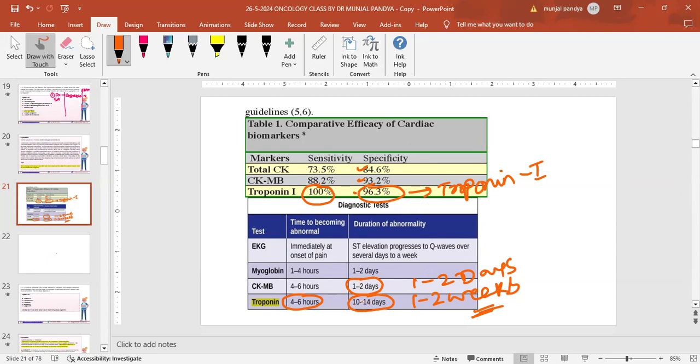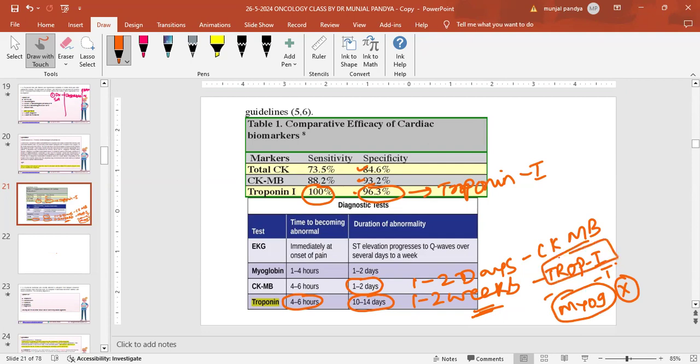You will probably forget the 10, 14 and all. So 1 to 2 days CKMB, creatine kinase, muscle and brain. This is how the full form goes. This is troponin I, protein in the muscle of the heart. Troponin T is also there, myoglobin is also there, but myoglobin is not sensitive and specific. Why? Because if you have skeletal muscle injury, a lower limb injury, myositis, some injury to the muscle, myoglobin will increase. Myoglobin is in all the muscles of the body, while troponin T and I are only and only in heart muscle. That is why it is sensitive and specific.